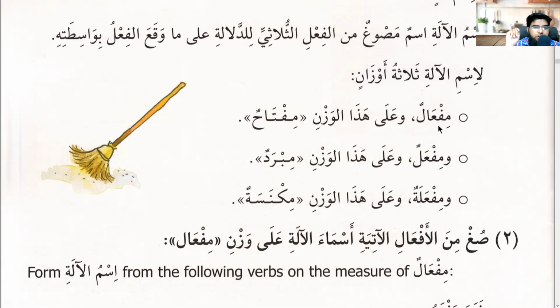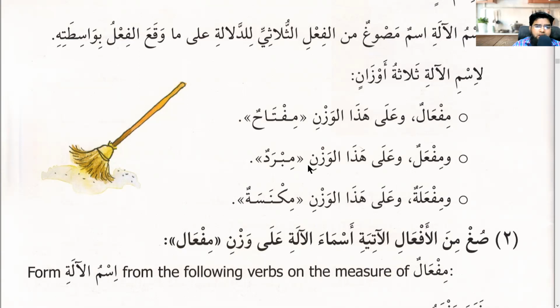Anything which is bab daraba, bab samia, whatever, where the ain kalima has a kasra, you make it maf'il. La'iba yal'abu mal'abun, mal'ab, like that. And we learn this is mif. There's no reason why they just made some words like this. Mif'alun, the first one, is mif'alun ala waznil miftahun. You might ask why they chose miftah and not miftahun or miftahatun. It's their choice. From what I know, there's no reason why they chose this form. It's just easier to say. They coined this word, miftah.